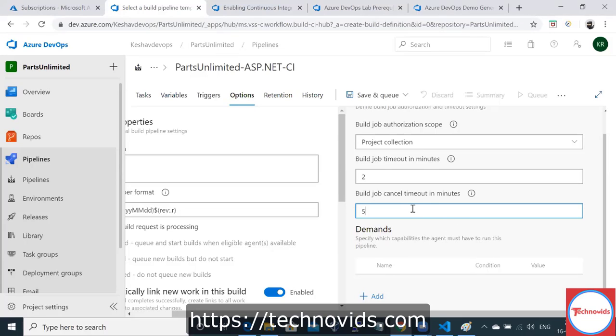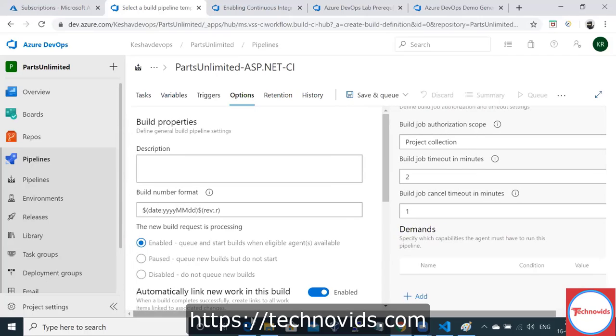No, let it be 5. It means the time until which you can cancel your job. Till 5 minutes you can cancel your job, after 5 minutes you cannot. Let me make it 1 because my build timeout itself is 2 minutes, so within 1 minute you can cancel it. These are some options which you can select.